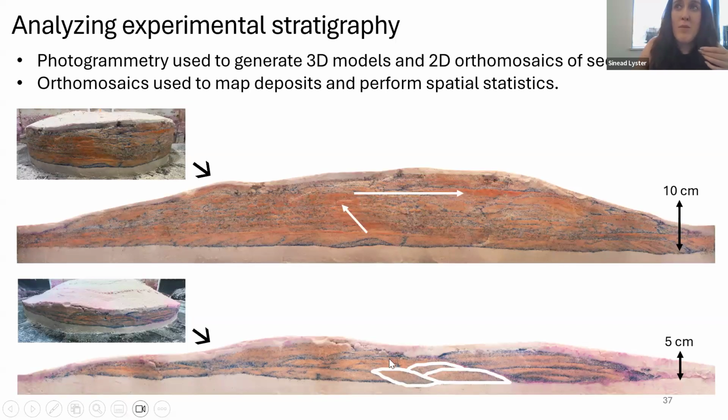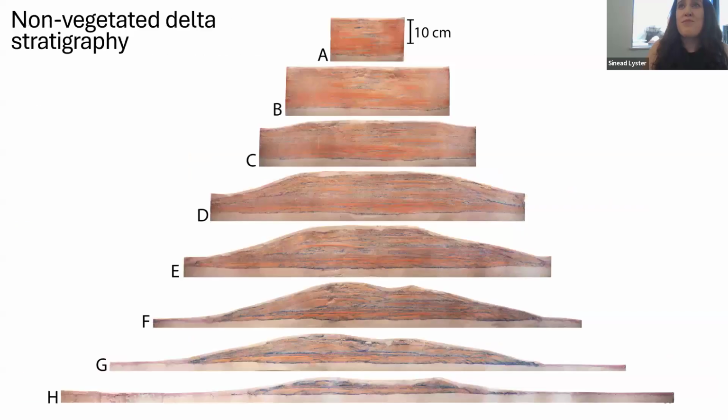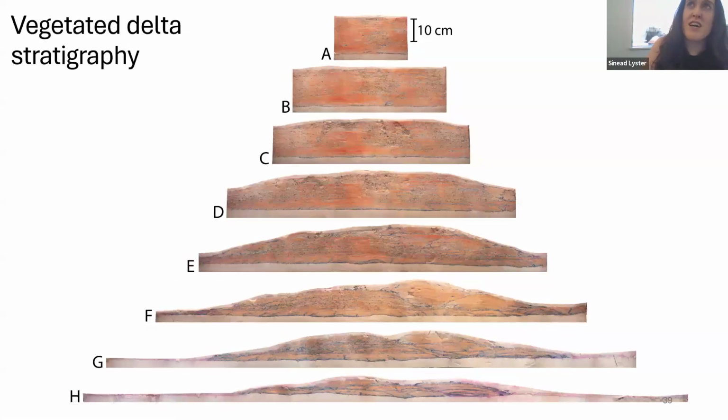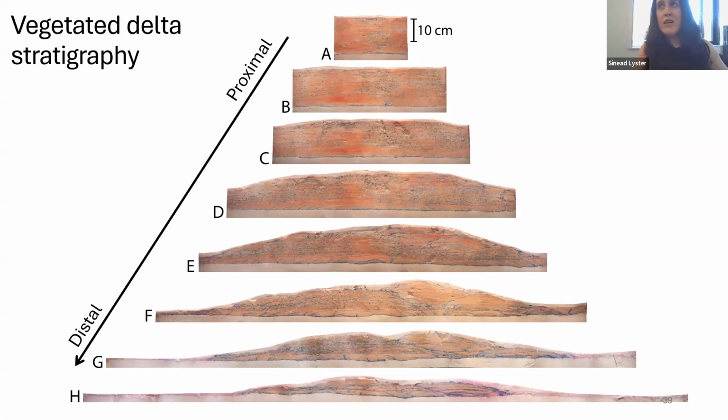But we can also start to map lobe deposits and look at the geometries of those lobe deposits. Now, I have only just started doing these analyses, so I'm not going to show you results. I'm just going to show you pictures of stratigraphy. So what does our stratigraphy look like? For our non-vegetated delta stratigraphy, here we have these 8 sections going from proximal to distal. And then for our vegetated delta, again, 8 sections going from proximal to distal. So if we zoom in and have a look at what this looks like,